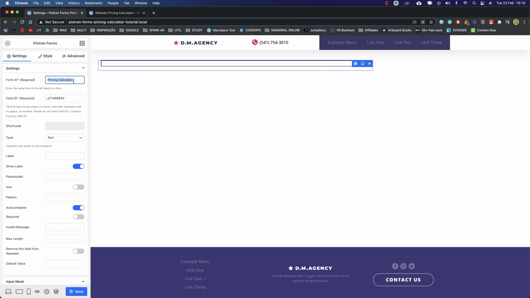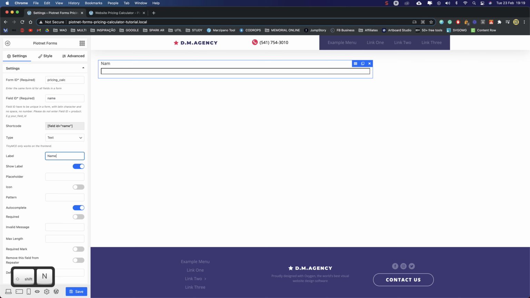So let's add the ID pricing calc. Okay, and it's always good practice to give the field itself an ID that you can recognize. So this will be the name field. Let's call this name. Okay. On the label here, let's put name.